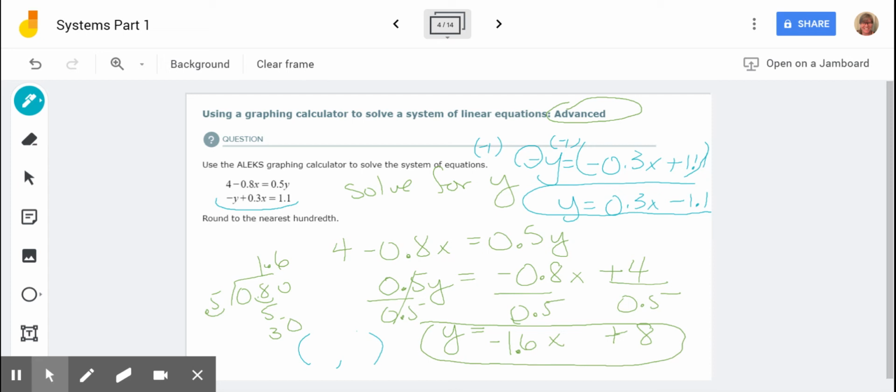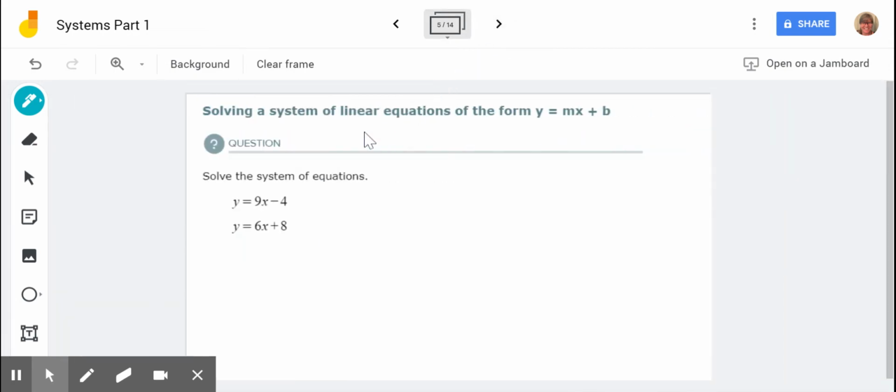So that would be 4.79, 34. So the answer would be 4.79, 34. Okay, moving on. All right, this is the easiest system to solve, in my opinion, because they're already coming